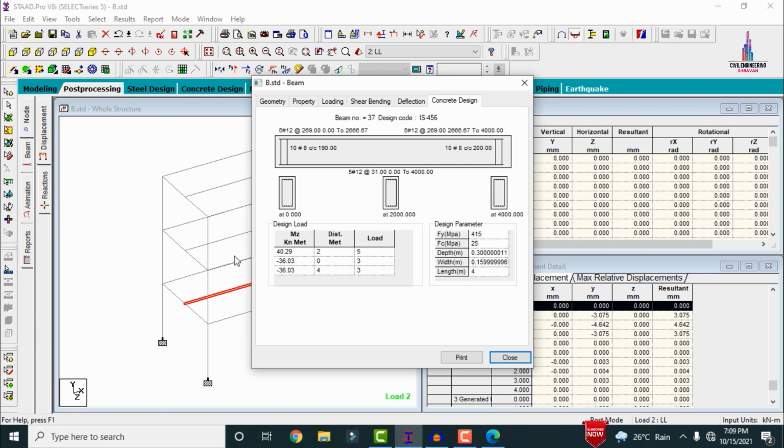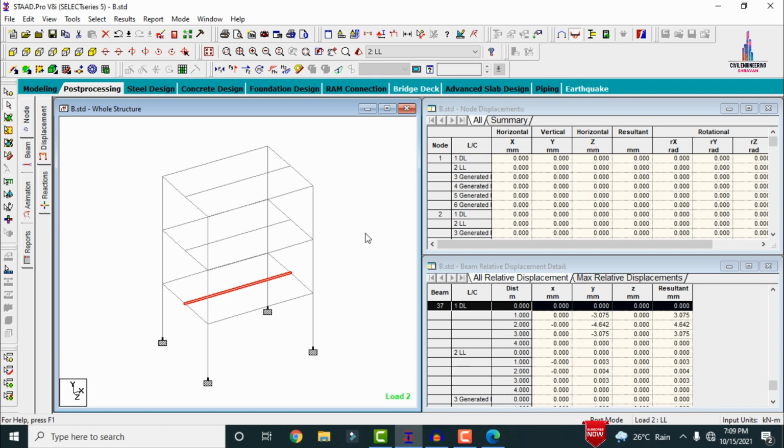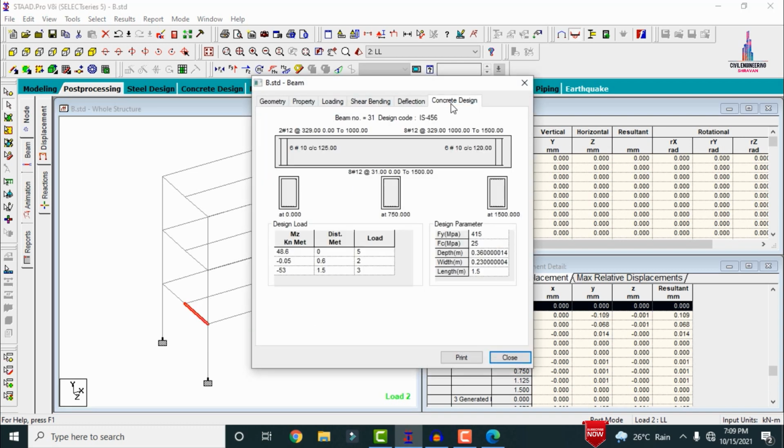Again, in the same example, there is one more beam section, related to the left hand side section. Here I am selecting the concrete design. Now you can see it requires 8 bars of 12 mm diameter. If you provide 8 bars of 12 mm diameter, the required width of the beam is higher when you compare with the dimensions of the beam, so it is not possible to provide.